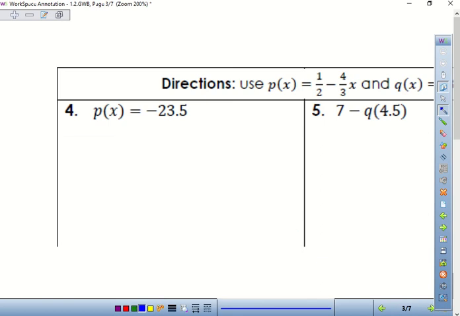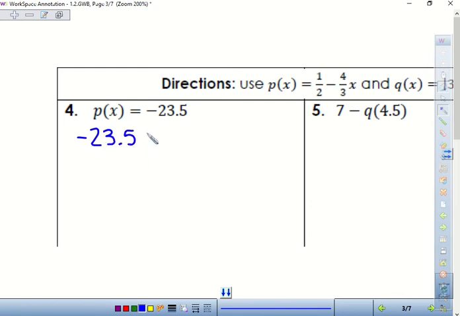Now we're going to evaluate in a little bit of a different way. As you can see in this question, something's a little bit different about it. They're not giving us an x. They're not giving us an input. They're giving us an output. So when we're given an output, instead of plugging in for x, you're going to plug in for the p of x. The whole p of x is going to get replaced with that number, and then you're going to solve for x. So I'm going to rewrite the equation, but instead of p of x, I'm going to write